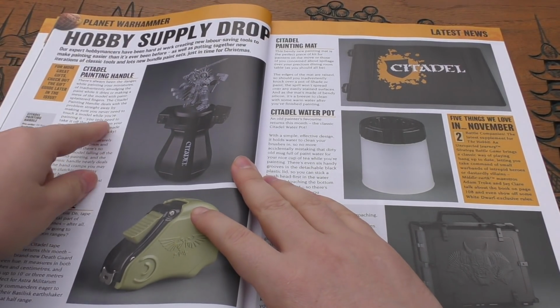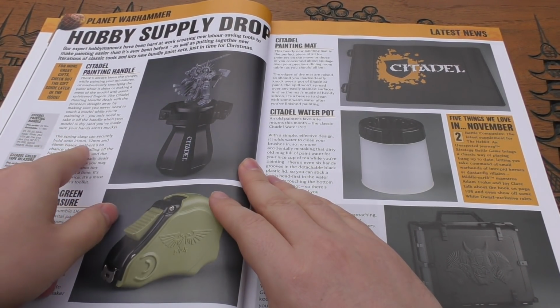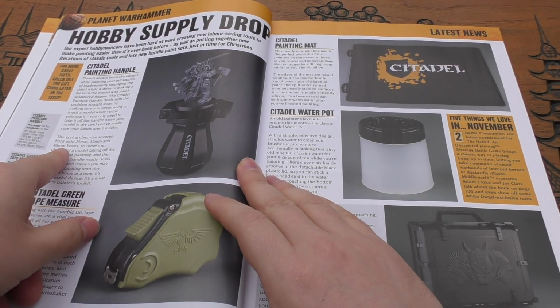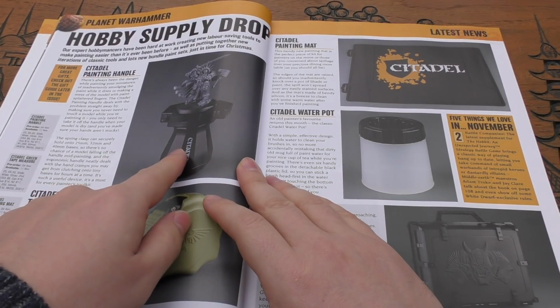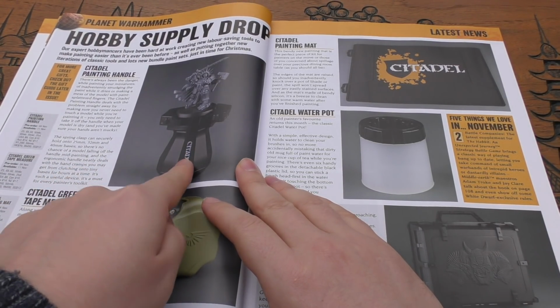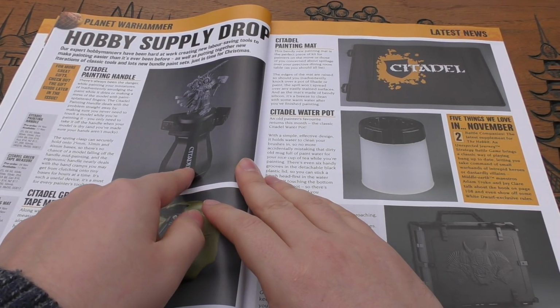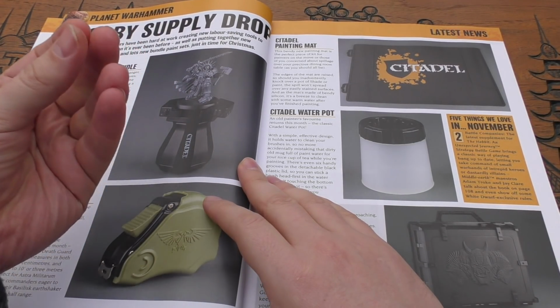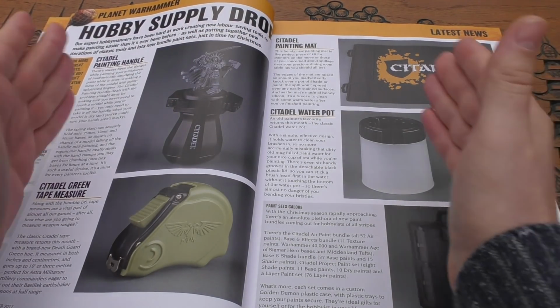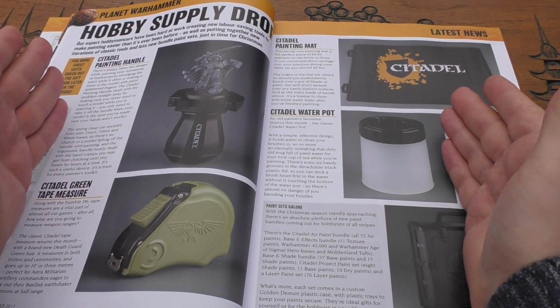So you've got this Citadel painting handle. So it can hold on to 25mm, 32mm and 40mm bases. So you're not going to be able to put Typhus on there, I don't think, or an Imperial Knight or anything like that. But that only costs £5. I think that'd be quite useful if you've got a special character and you're taking a long time on that special character. But for your batch painting where you've got 5 Death Guard or 10 Primaris, you're going to